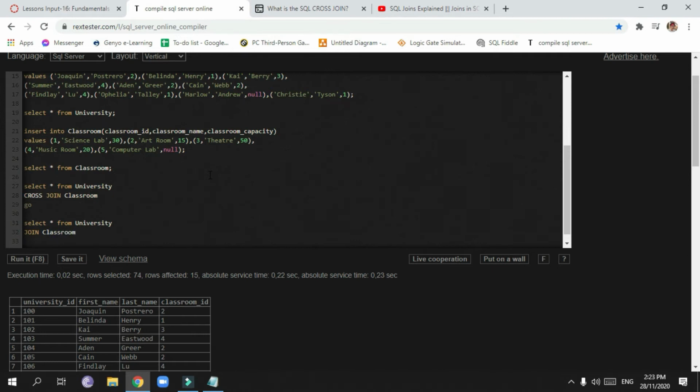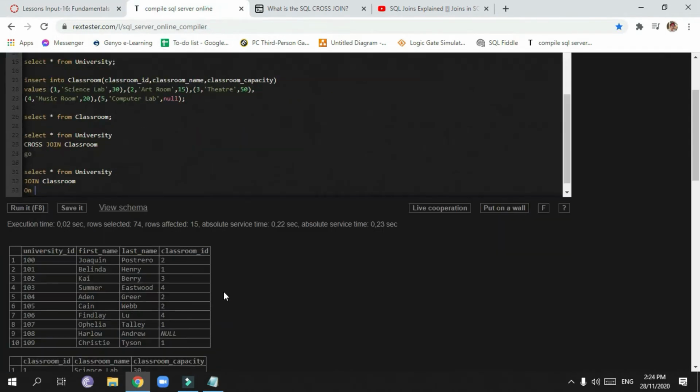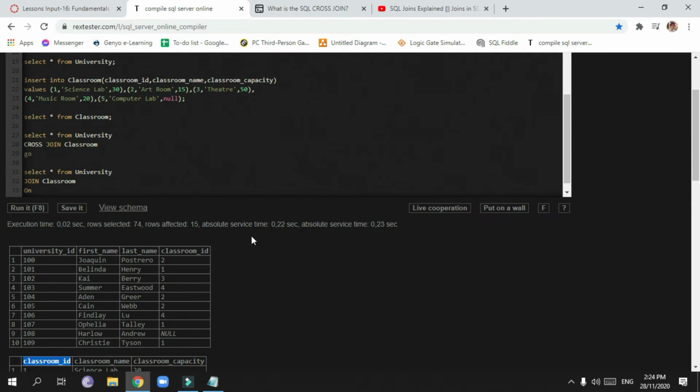And then, insert natin yung on clause. On. So, basically, yung on, sasabihin lang natin dyan kung paano natin i-join yung two variables or yung two attributes. So, since may parehas sila na classroom ID, dun natin sila i-join sa classroom ID kasi yun yung same nila